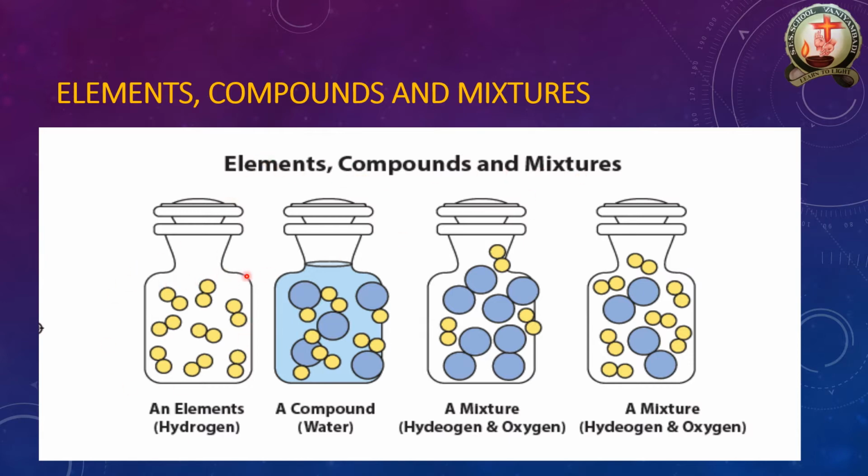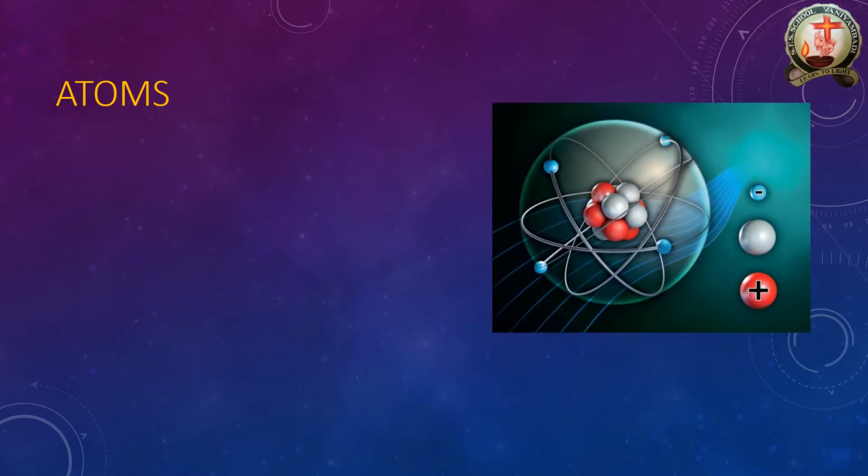First we are going to see what an element is. Element or atom. See the atom. An atom is the smallest unit. It contains plus and minus. The plus is the nucleus, which contains a plus charge. The electron revolving around the atom contains a minus charge. Now you understand.